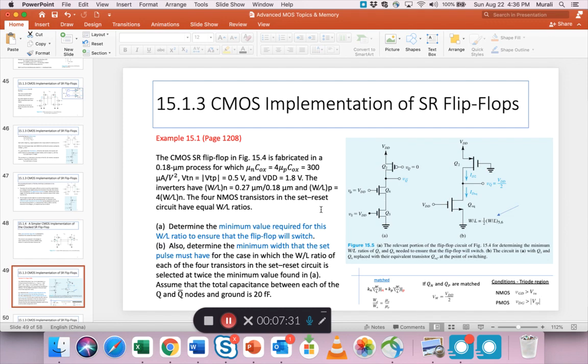All right. So we have agreed that it's a matched inverter set. We agreed that the switching will happen at Vm. Now the question is, how do we use this information to find the W by Ls? Now, as you go through the example,